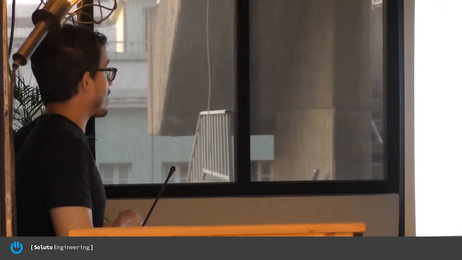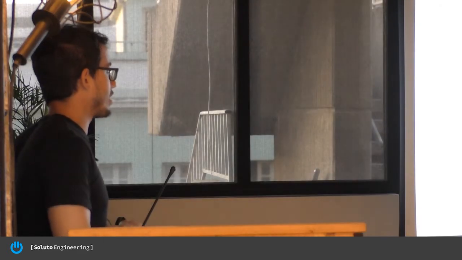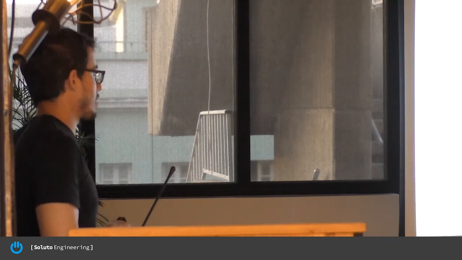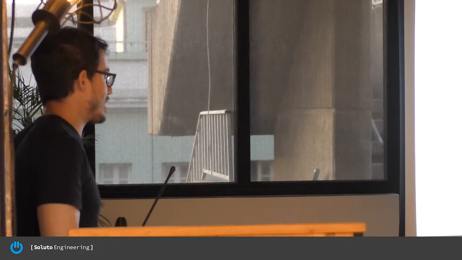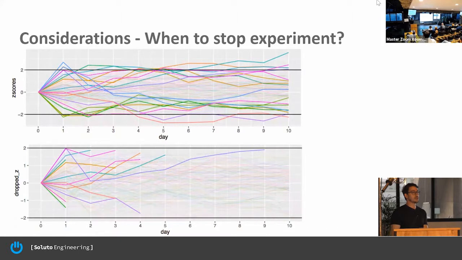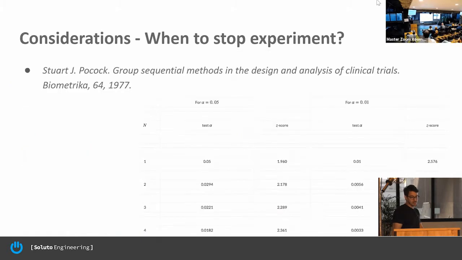If we take the same graph, but we stop early, running the tests every single day, then we can see that all those that remained here are those that are going to be our false positives. So even here, we're getting to around 12 simulations that are false positives just because we ran the same experiment every day. So for the question of how to stop early while maintaining the p-value, we found the simplest solution.